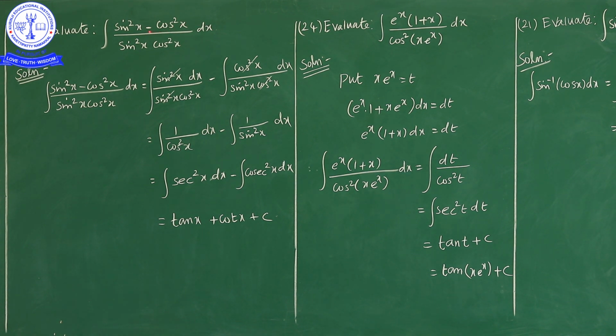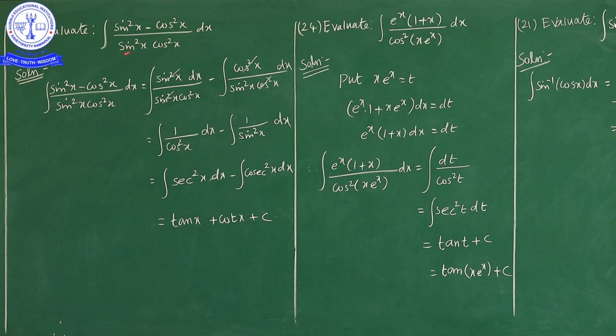Okay. So numerator is sin square x minus cos square x, denominator is product of sin square and cos square. So what I will write is, I will write separately, that is integration of sin square x upon sin square x into cos square x dx minus integration of cos square x upon sin square x into cos square x dx. So sin square x in numerator, sin square x in denominator cancel here, 1 by cos square. Okay. So 1 by cos square is nothing but secant square x. So integration of secant square x is tan x. So this part completed,